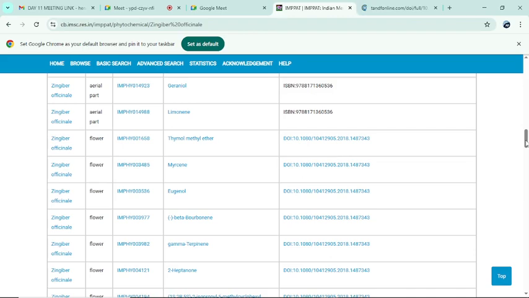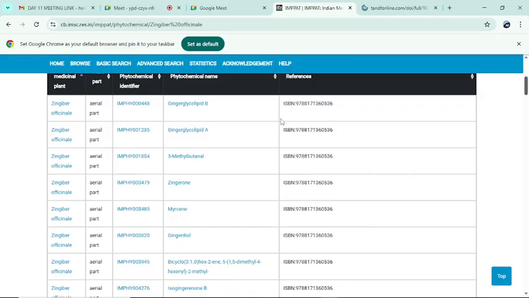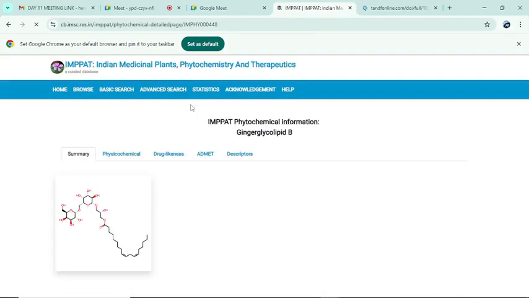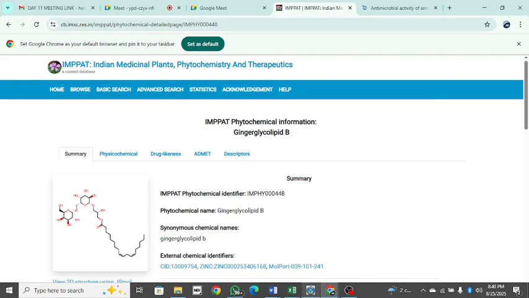We are here, one, to gather the compounds found in my plant. So you can decide to download from this place. So I can download from here. Just quickly, if I click on the compound, it will take me to the platform of that compound. So this is a very nice database. It will take me into the platform of the ginger